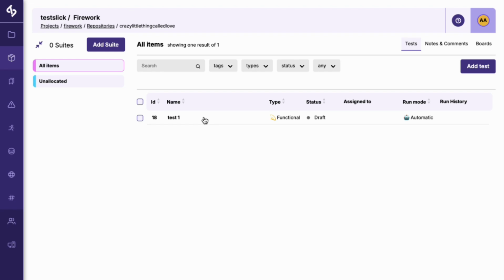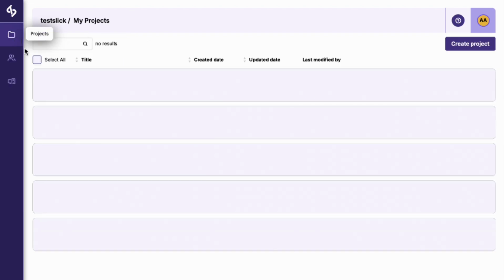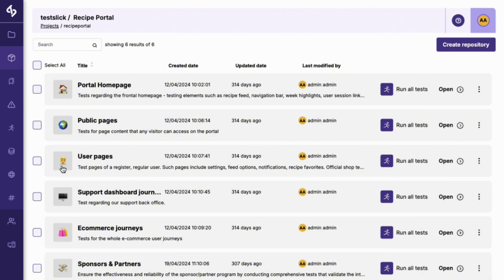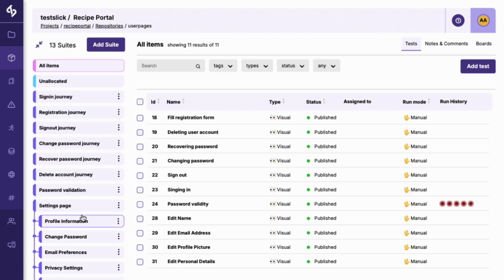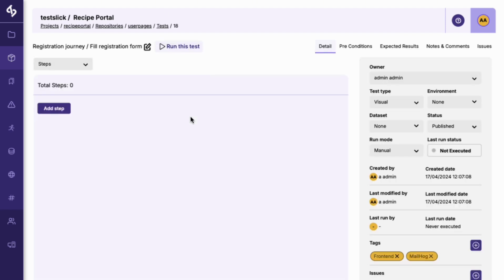The test view has the table and a tree of suites. For example, in this project, I have a suite tree where groups of tests are organized, and each suite has its own tests. The other entity is the test itself. We'll present this in a separate video, but here you can set up all the information relating to executing an